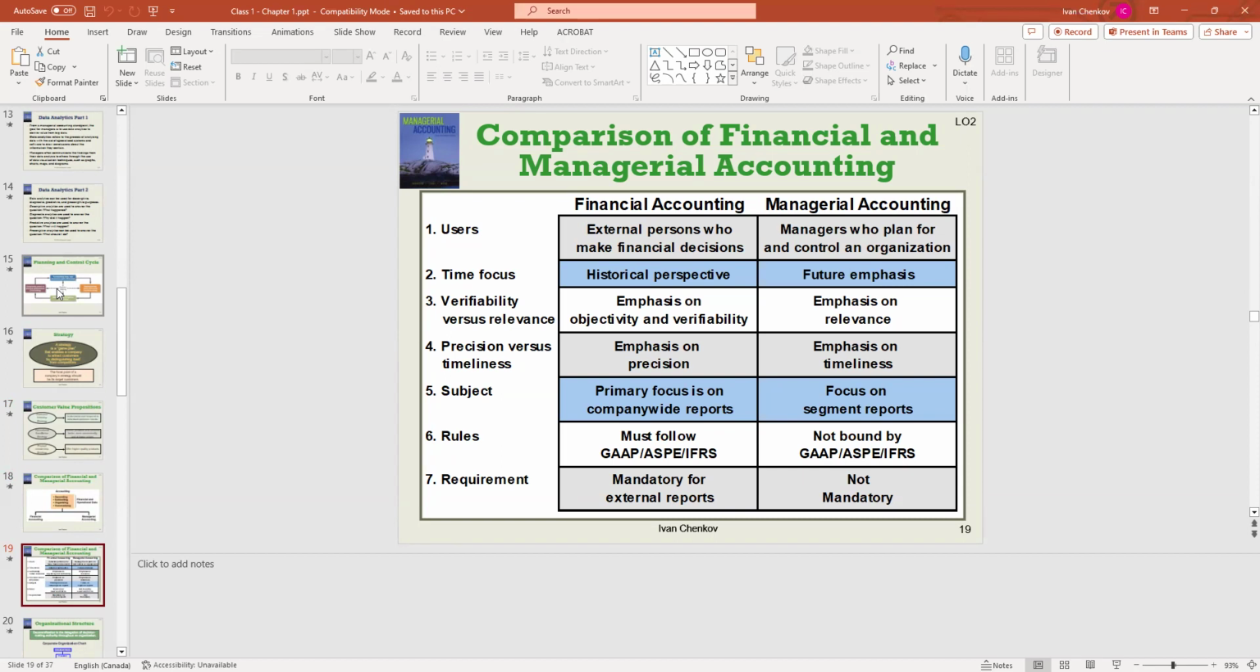Based on the time, financial reporting applies the historical perspective. I'm looking at what happened. How was that recorded on the financial statements? How was that presented on financial statements? On the managerial accounting, I'm using the